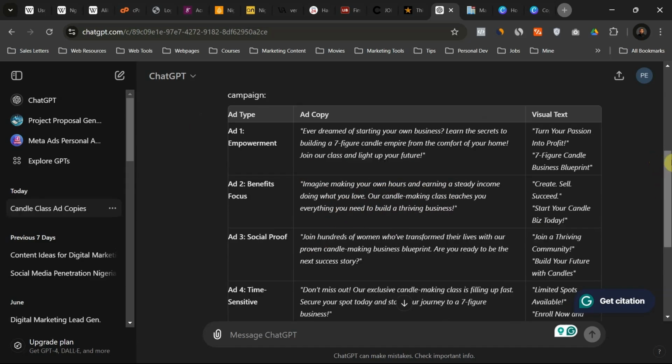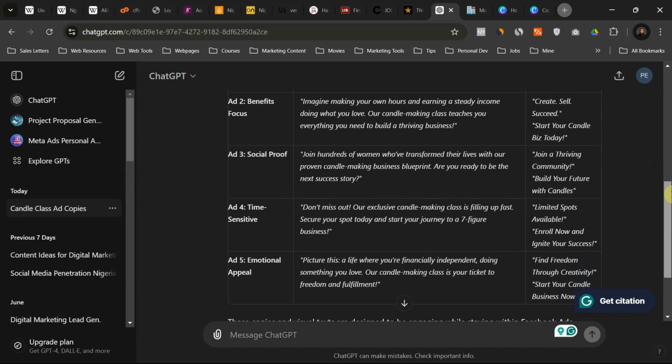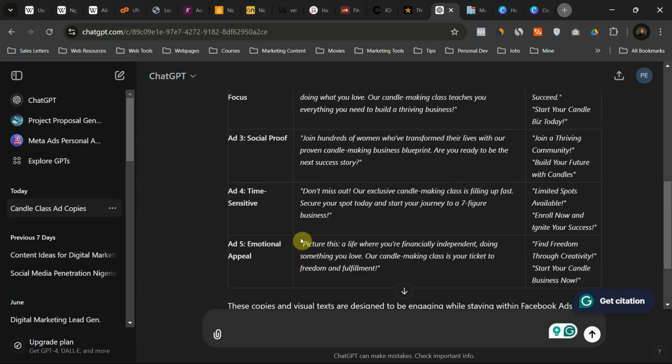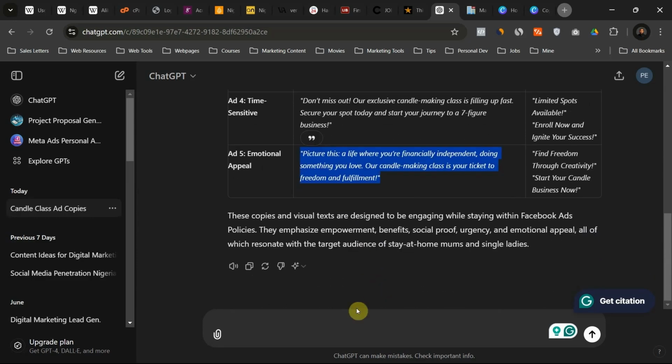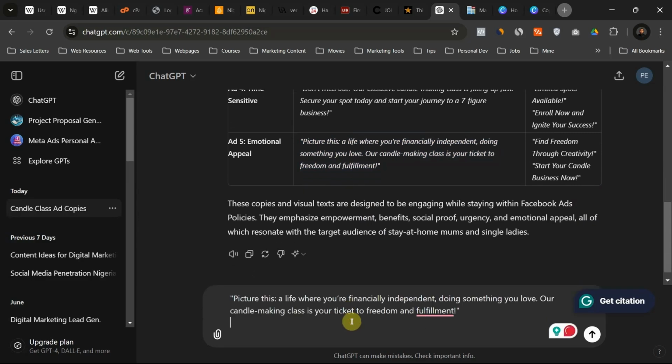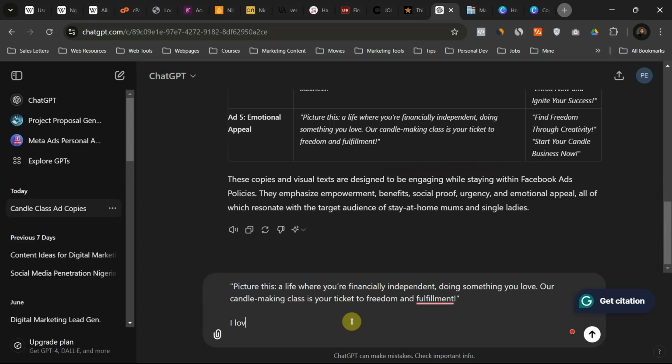So there are so many ad copies here, and we are going to pick one. I like this one. I'm going to copy this one and tell ChatGPT to give me more context to this. I love this one. Please add more context. Tell a story.